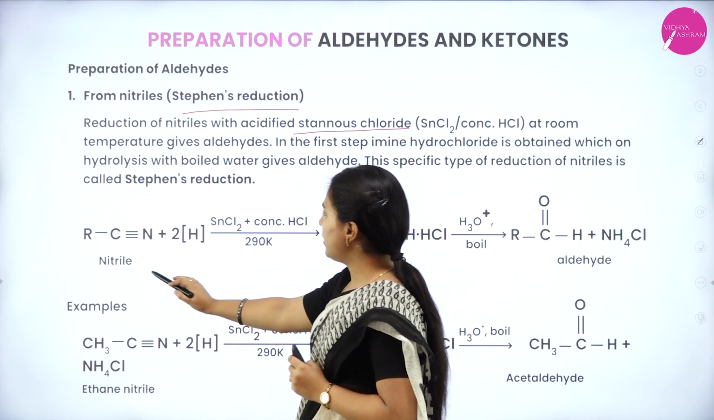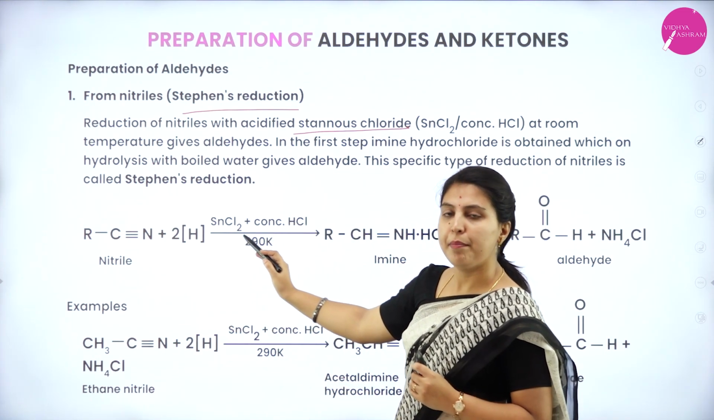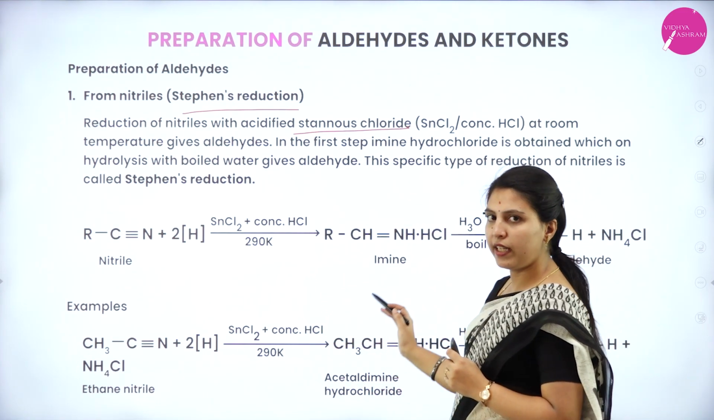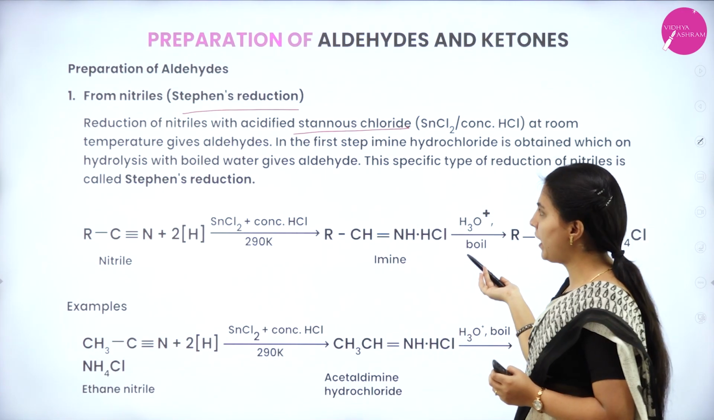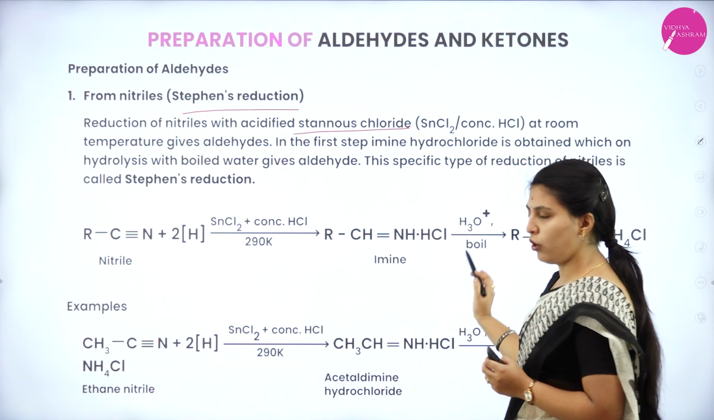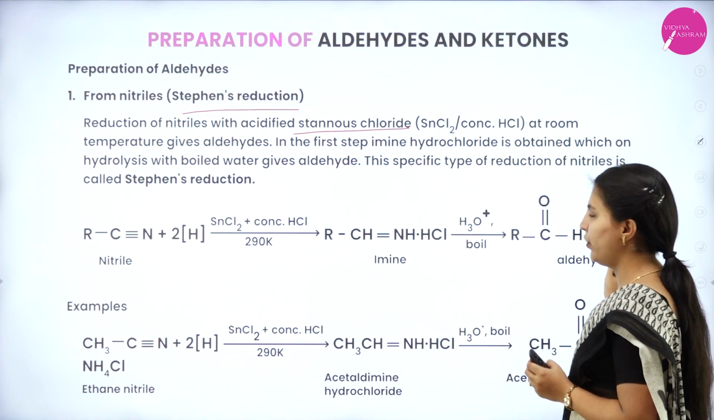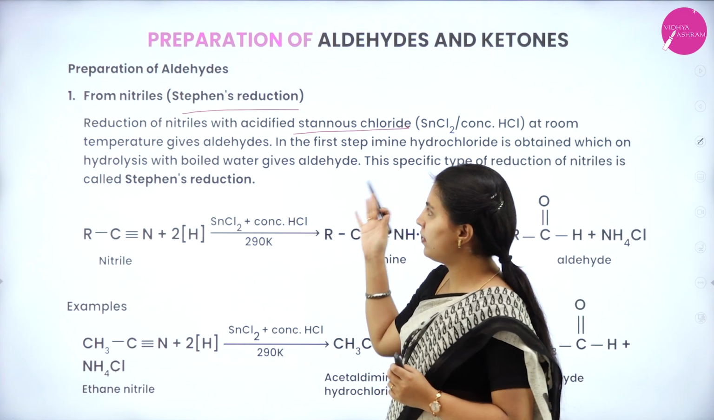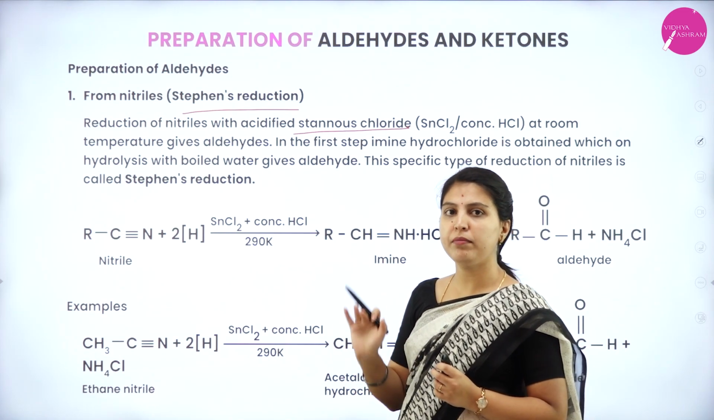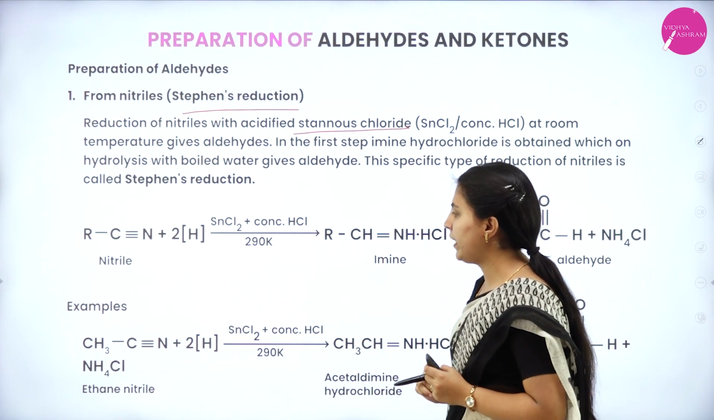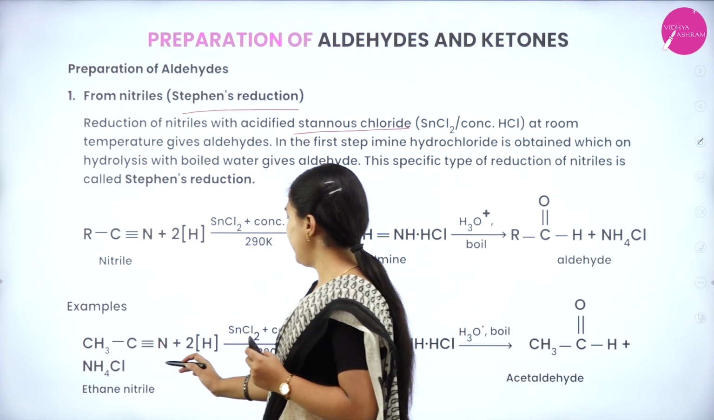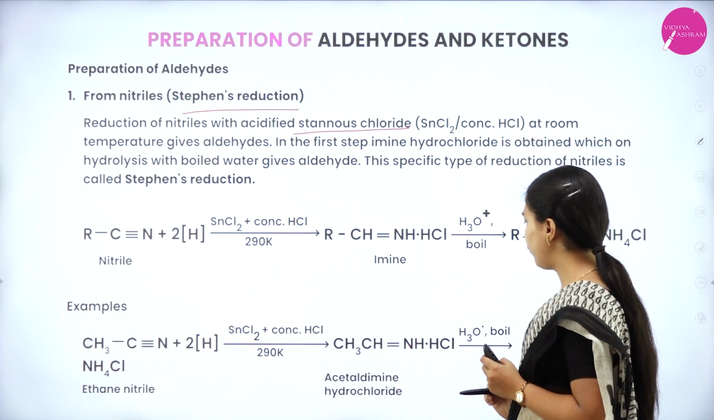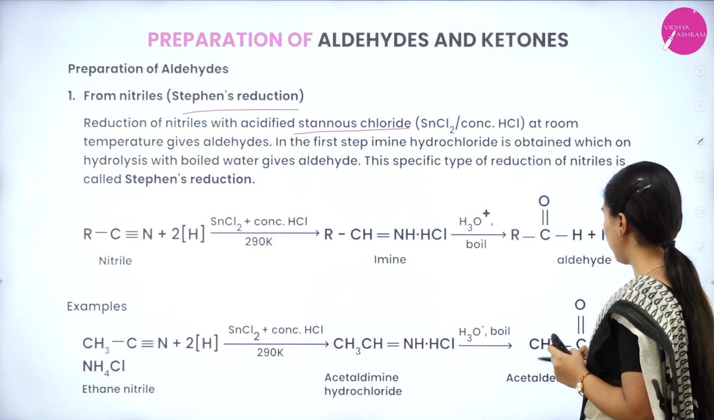First, nitrile is treated with acidified stannous chloride plus concentrated HCl at 290 Kelvin. It will form imine hydrochloride as an intermediate, and later it has to be hydrolyzed with boiling water, and it will form aldehyde with ammonium chloride. That overall process we will call Stephen's reduction, or preparation of aldehyde from nitriles. Okay, we will take one example. Ethane nitrile with stannous chloride and acid, acetaldimine hydrochloride will form, and when treated with boiling water, acetaldehyde will form